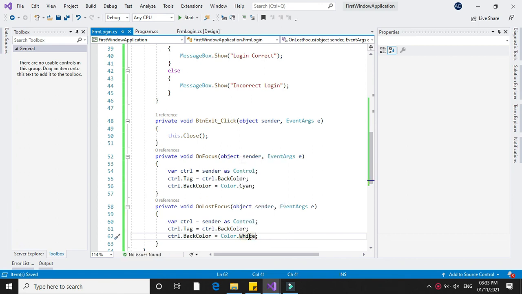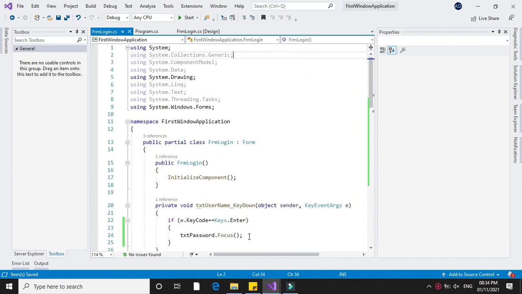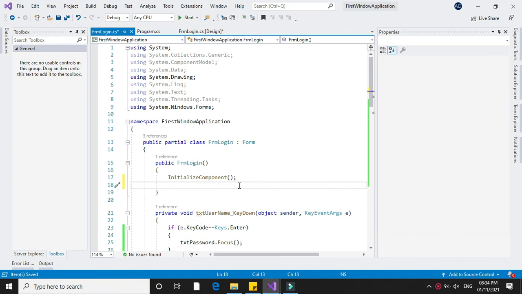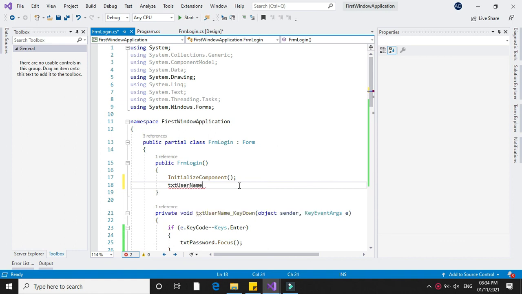To execute these methods for every control, go to public FRM login method, and after initialize component, use the control name for which you want to set the got focus, that is txt username dot got focus plus equal to on focus.